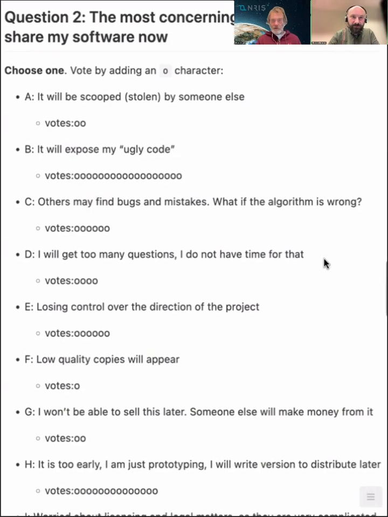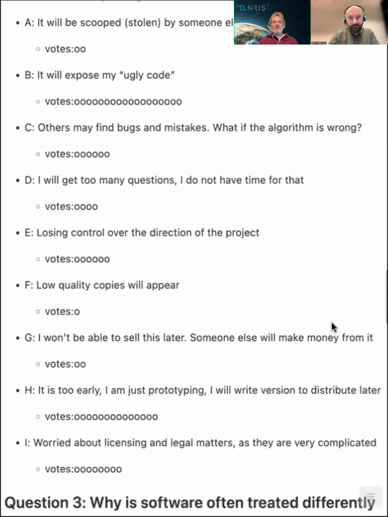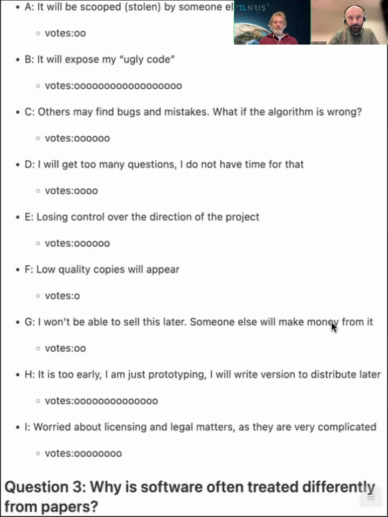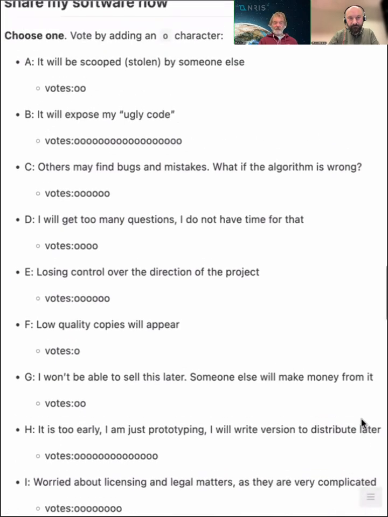Right, so, question 2. That's the concerning thing, for me or for you. And then we see that exposing ugly code is very present.